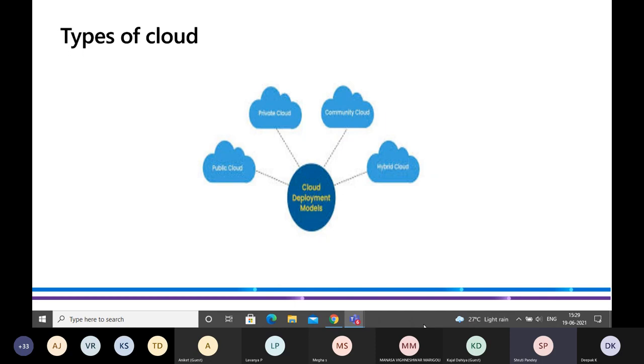If I have to quickly say the differences between public and private: in public, the infrastructure and virtual resources are shared publicly, and in private it is for a single organization or institution. Public supports multiple customers, and private is dedicated to a cluster of customers. So it is not for everyone, but for a few people or maybe one organization. Then